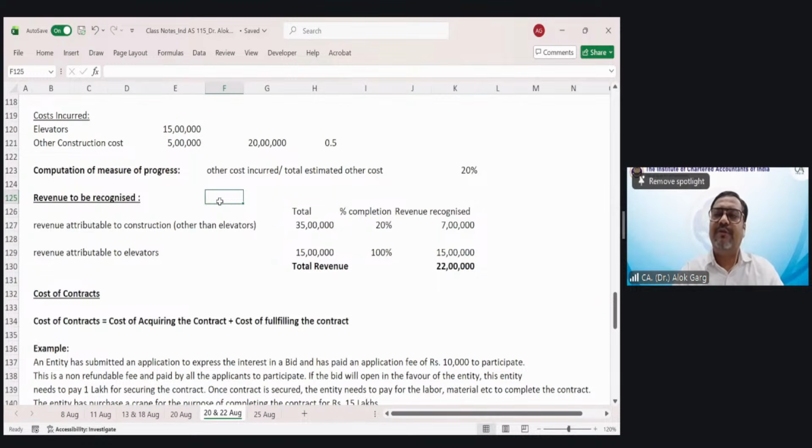क्या 1 crore rupee को immediately expense off कर देना चाहिए? Yes or no? I am asking all the future chartered accountants, whether the 1 crore rupee which you spent on account of getting the contract, and you are certain if I'll pay 1 crore, I'll get the contract, right? Should I expense off this 1 crore rupee immediately, considering I will get the future economic benefit? I mean to say I will earn the revenue in the next 5 years. Rachit is saying, no, sir, it has to be over the time of the contract.